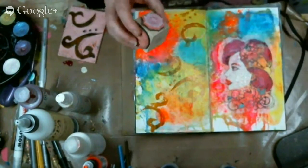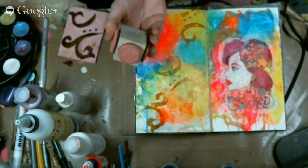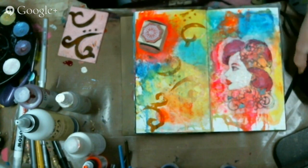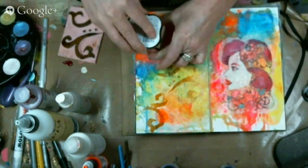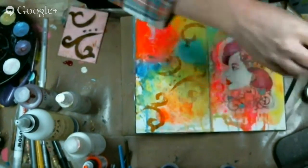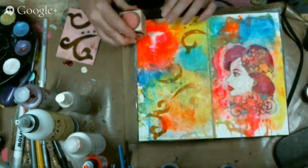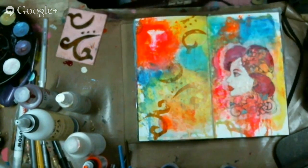I also have this stamp, I believe this, yeah, Stamp Potique. This is a 4-sided stamp. I'm going to use this side right here, and I'm just going to use part of the image as a cool